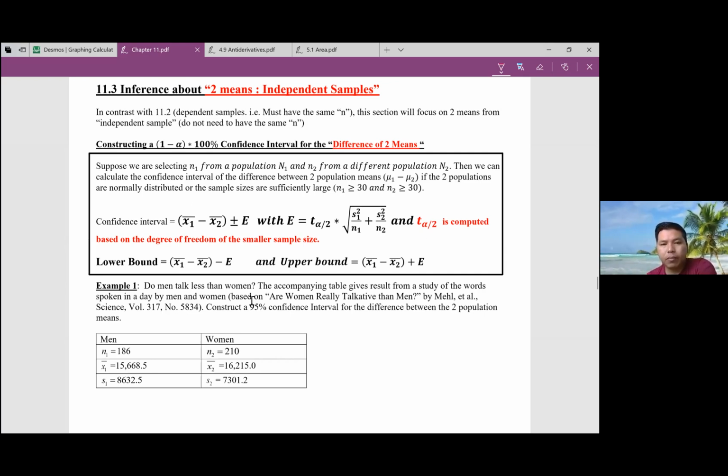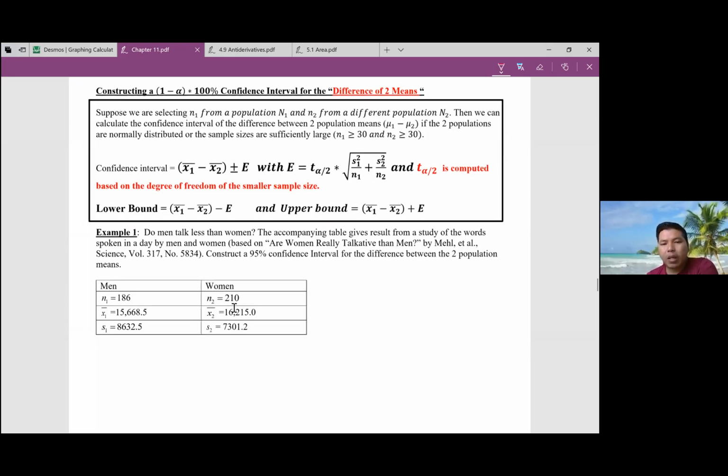Okay, and here is one example. Do men talk less than women? The accompanying table gives the results from a study of the words spoken in a day by men and women, right? Let's construct a 95% confidence interval for the difference between two population means. And you can see here the keyword is population mean. We know right away it has to be